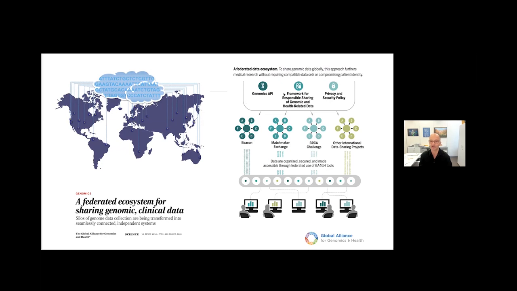And the way this is envisioned is basically to provide different frameworks to facilitate these data sharing and data federation activities. This can be through direct APIs, that is data access layers to directly access databases and queries over the internet and so on, but also through providing guidelines for how such resources can be set up and how the data should be handled on an ethical basis, on a security basis, privacy basis, and so on.